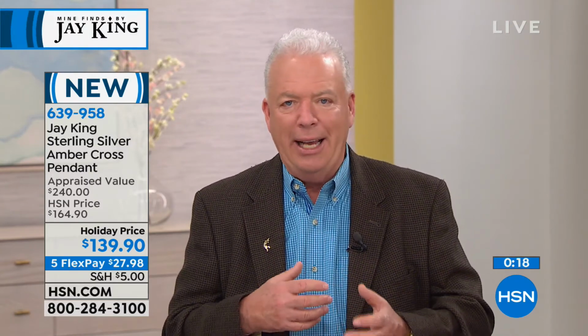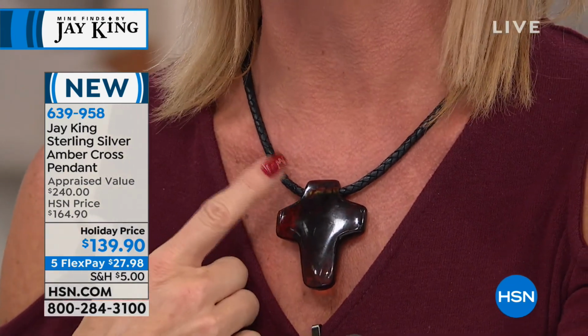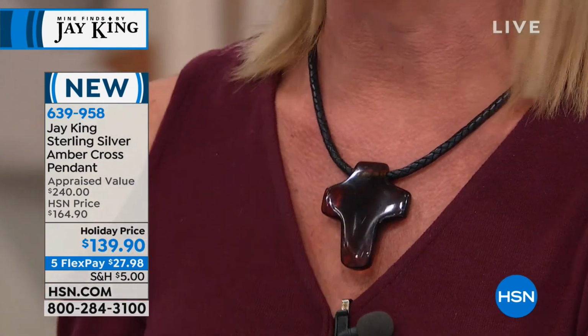Here again, the amber that we're using is Ukrainian amber. They're saying 30 to 50 million years old. It'll be anywhere in a range of colors from a cherry dark to a medium color. This would be more of a cherry, and it'll go down to what we call cognac. One of those, and no two will ever be alike. So that's item 639958. I want to mention a beautiful bracelet that's